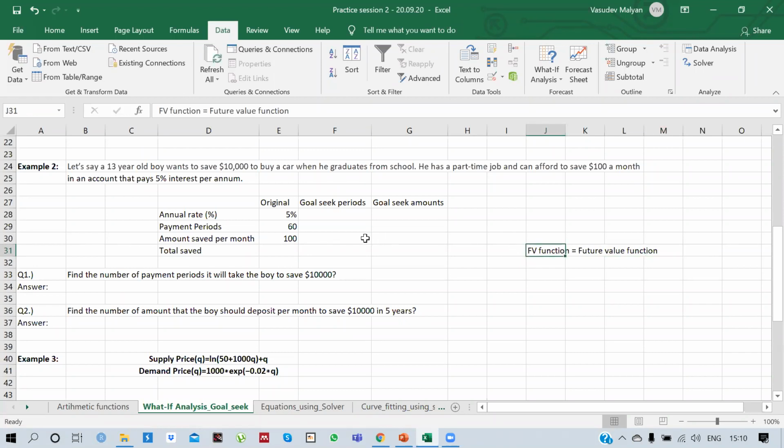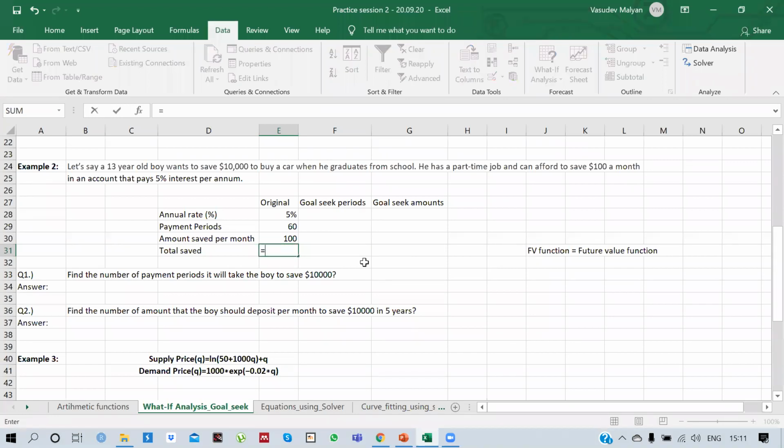Interestingly, you will be amazed to know that there are 53 inbuilt functions you can use for calculating different things, just like the FV function. In terms of accounts, you can calculate a lot of things in Excel. There are 53 different functions, and even I'm only aware of 5 or 6. You can always explore and find those functions and use them in your daily life for your own purposes. Here, I'm going to show you how you can use the future value function.